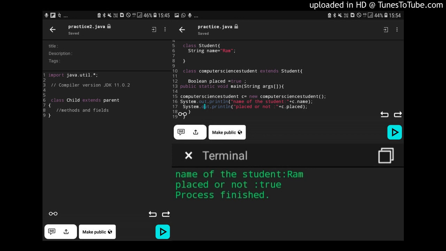Then we try to test it out using void main. You have to see this very carefully. In that, we create a new object of type ComputerScienceStudent. So we write ComputerScienceStudent c equals new ComputerScienceStudent().